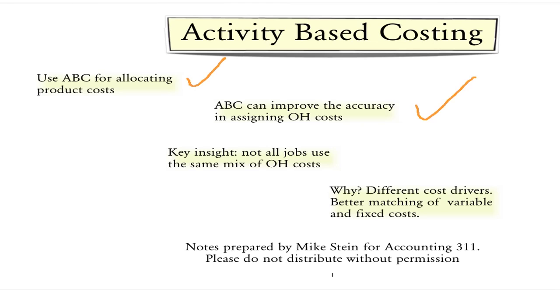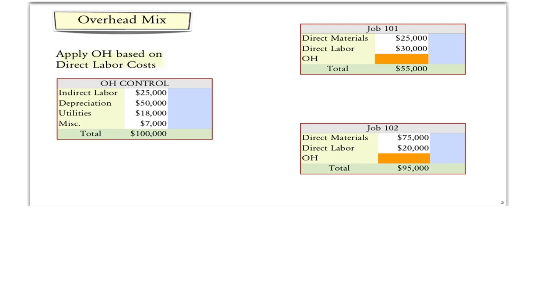The main insight is that not all jobs or processes will use the same mix of overhead costs, and by using activity-based costing, we can vary the assignment of overhead costs in such a way as to generate a more accurate costing number. The key to activity-based costing is the appropriate selection of cost drivers. The better the cost drivers match the use of variable and fixed resources, the more accurate the final activity-based costing calculation will be. In a traditional costing system,